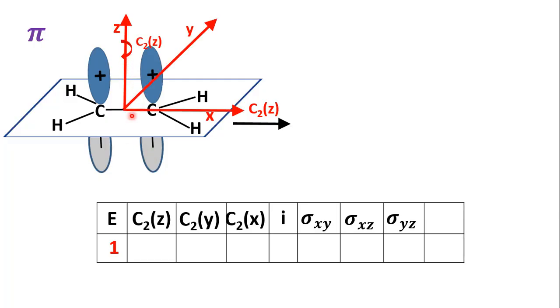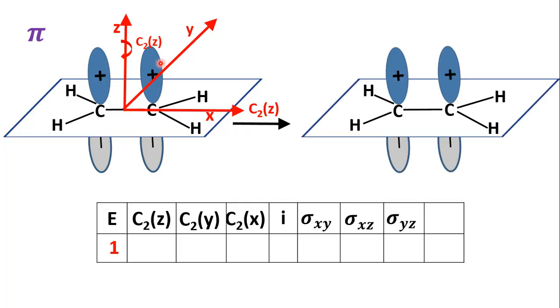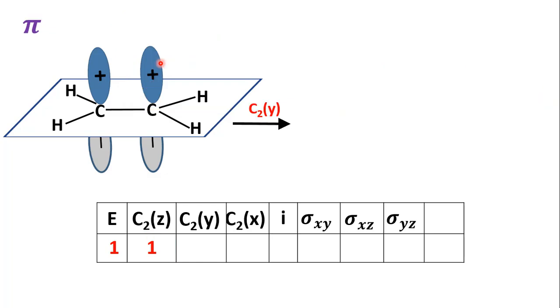This is perpendicular to the molecular plane, in between the two 2p orbitals. Upon 180-degree rotation, this positive lobe will come here, and this positive lobe will come there, and there is no change in the sign, and you will get plus 1. When you perform the rotation about the y-axis, that is C2y, the y-axis in the molecular plane between the 2